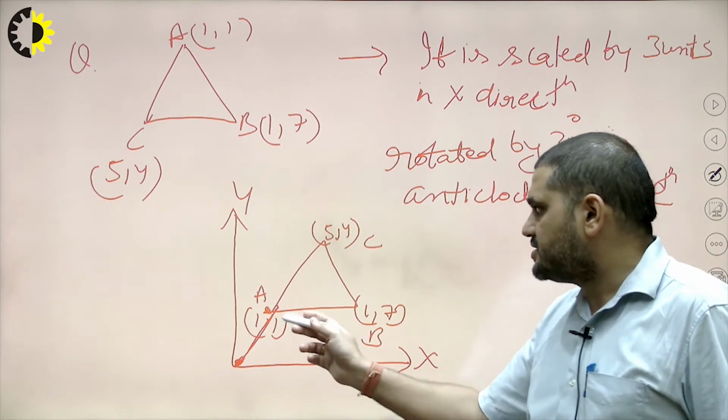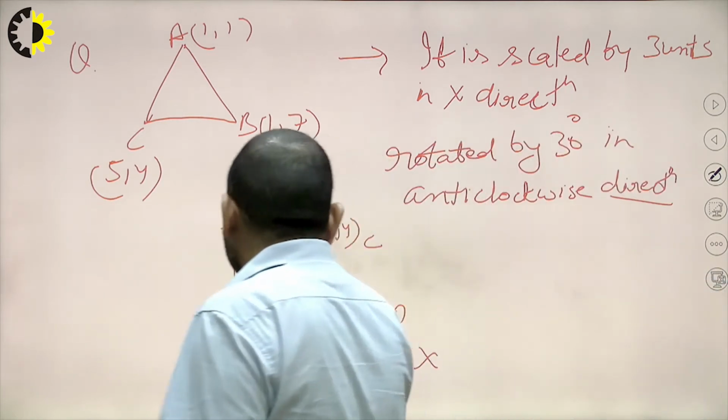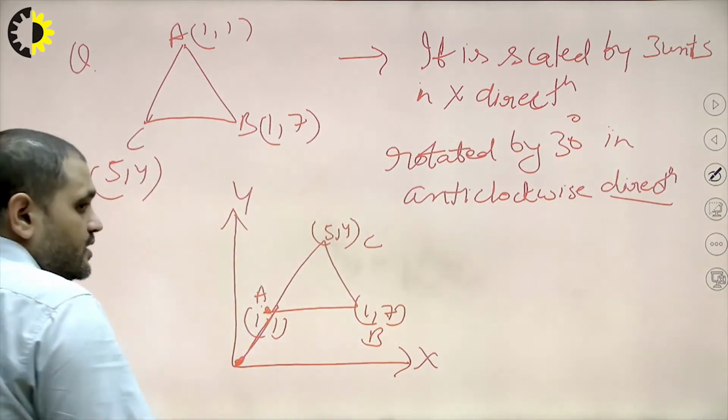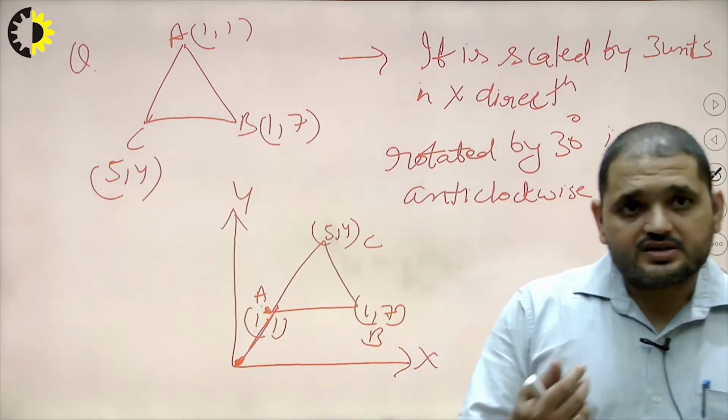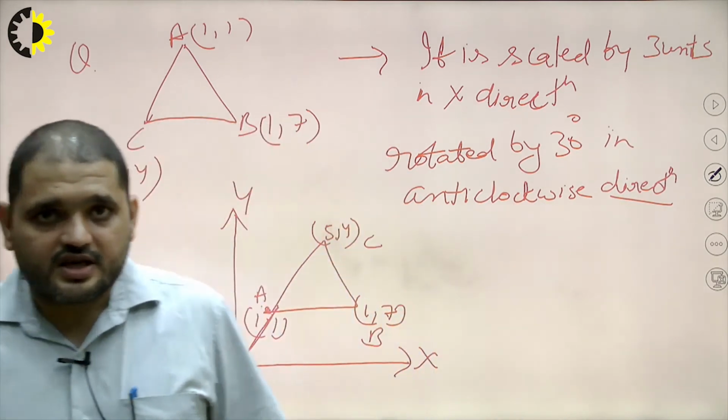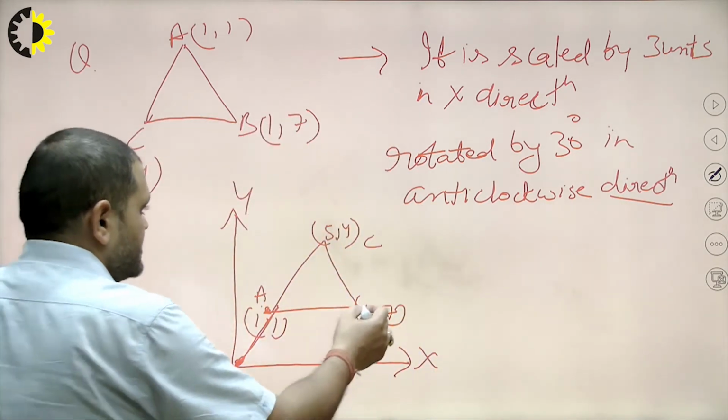How much distance does it have to be moved? So here it is 1, 1. So if I translate by one distance to this origin, then we can consider point A at the origin. So the translation matrix